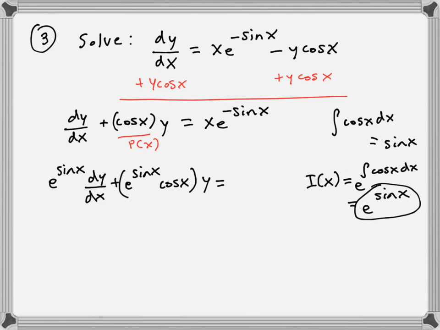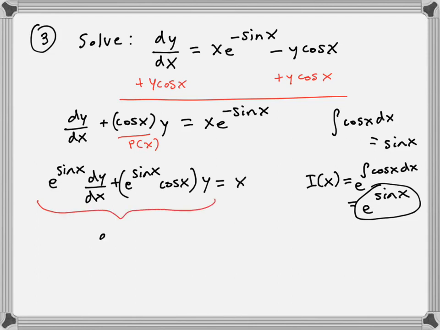Notice when you multiply the right side by e to the sine x, you just get x, because e to the sine x times e to the negative sine x just gives you a 1. From here, what comes next? The left side